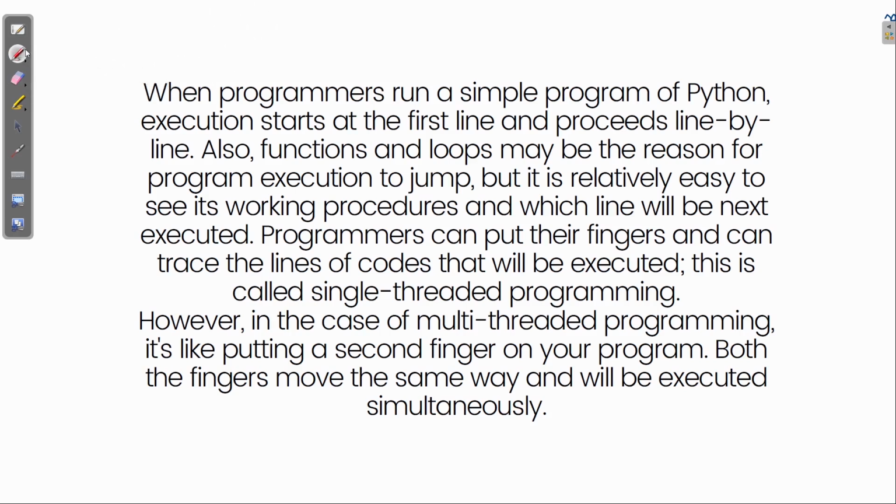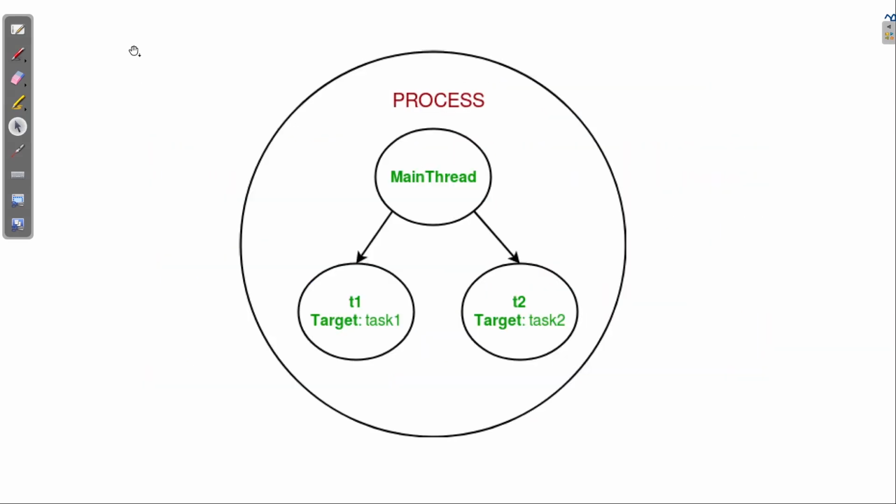That's the concept, but we are going to see how it actually looks. We know that a thread is basically a subtask inside a process. We have a process, and inside that we have this main thread. The main thread is simply a thread that executes line by line. Inside that main thread, we have task one and task two, or thread 1 and thread 2, that are executing simultaneously. I'm going to show you how you can code it.